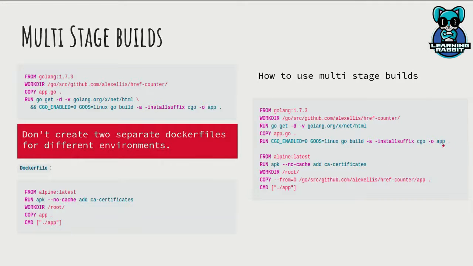This app file actually belonged to the first base image. This image can be referred to as 0, or we can give it an alias by using an AS command here. And just like you see this now in the second Docker file,